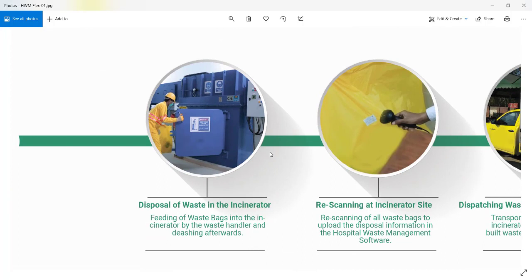Next step is disposal of waste in the incinerator. We have state-of-the-art incinerators deployed by Govt of Punjab and being operated by a third-party company, Mediland. The Mediland operator will start the